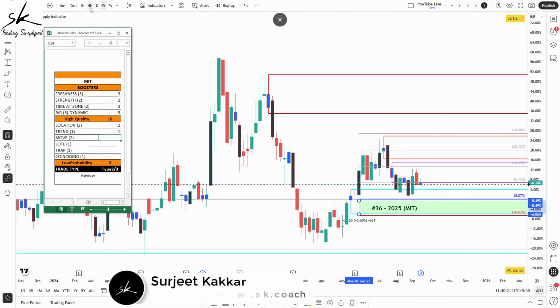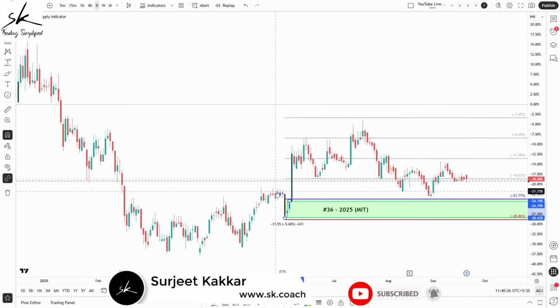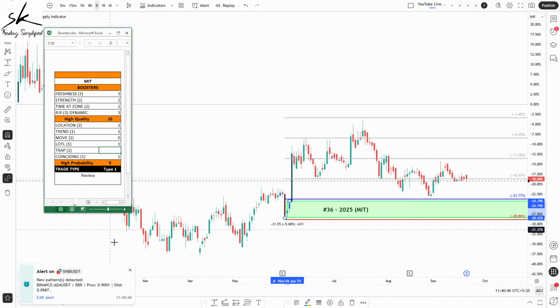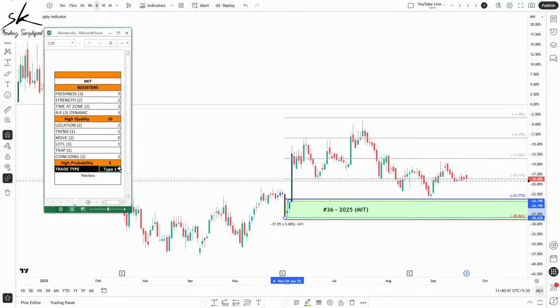Now move from the zone, we need at least 4:1, and you can see as of now we only have a move which is just a little shy of 4:1, right? So since 4:1 has not yet happened, it will be a score of 0. Talking about level on top of level, yes, it was a case of level on top of level and also coinciding. Now talking about trap, it becomes irrelevant because we already have a score which is qualifying it